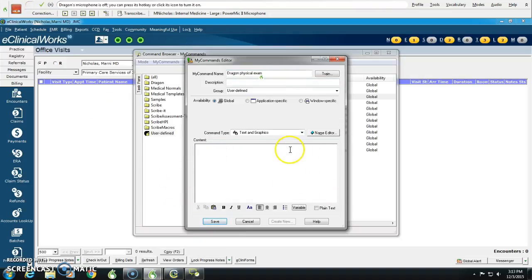And then you go down to content and you just dictate exactly what content you want that command to fill in. You can either type it or dictate it, but every time you have a variable field, you'll just hit this little variable field tab and it'll insert one. So for example, we could just do something like this. HEENT: cardiovascular: abdominal exam: extremities: